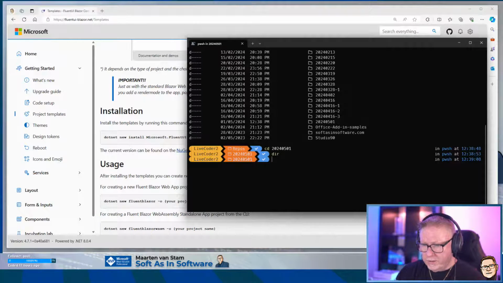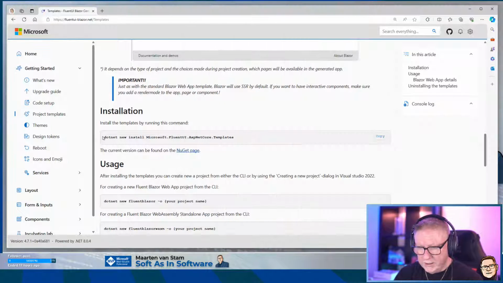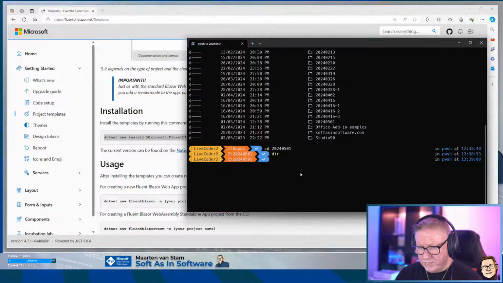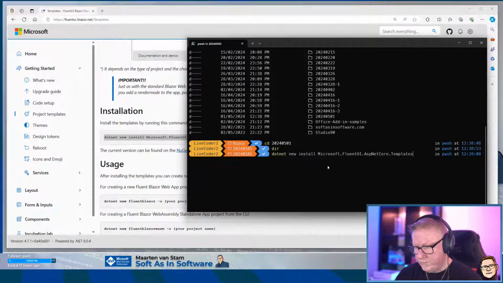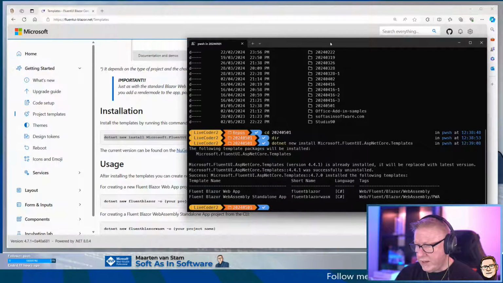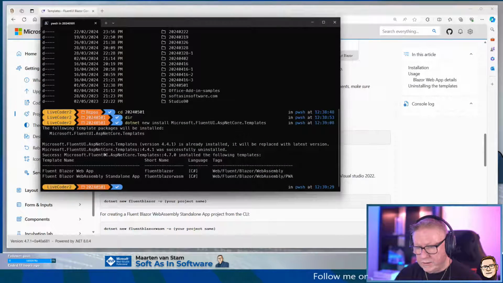Nothing in here, so let's first start with adding the templates. In case we don't have them, let's click the copy button here. So we previously had apparently 4.4.1,